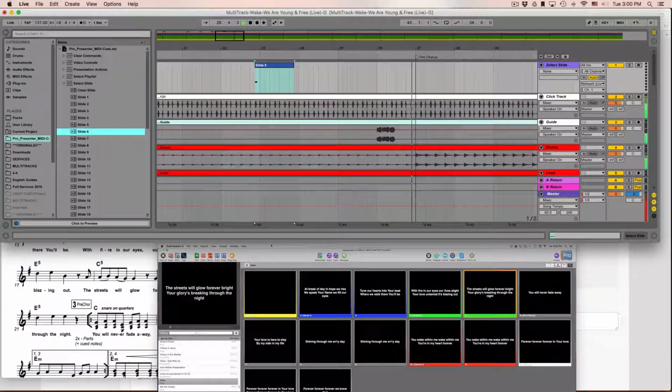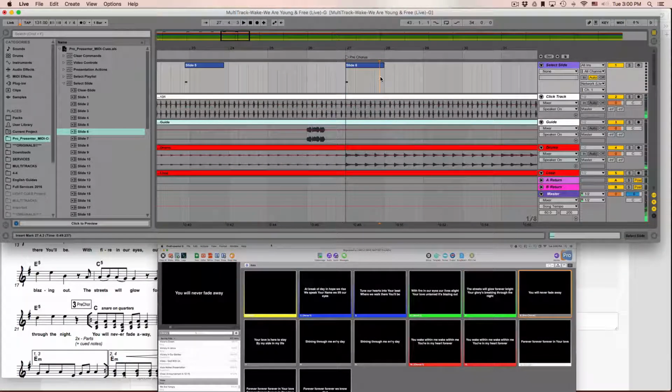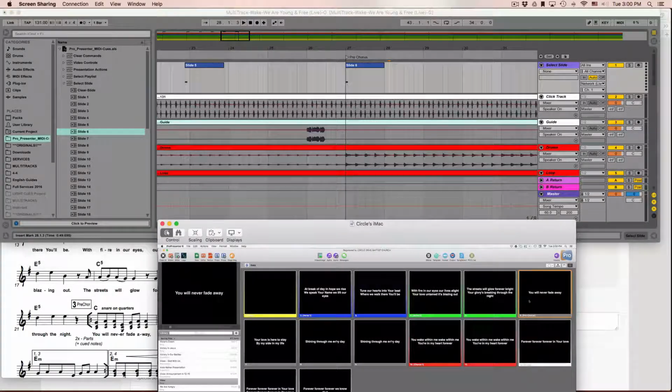Pre-chorus. And then we go here into pre-chorus, and it starts on the downbeat. Okay, you will never fade away. And then on the and of the next. You know, I'm not crazy about this just having one line here. So what I'm going to do is I'm going to come back into